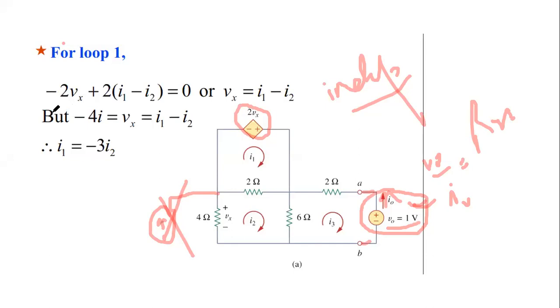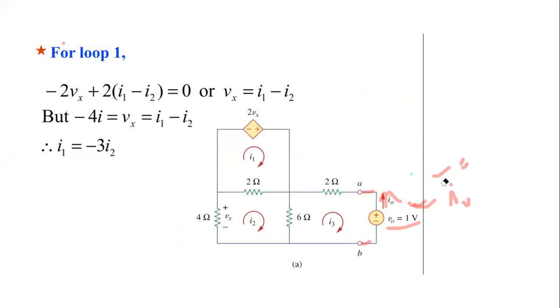Now how will this be done? Again, for this we need to apply mesh, nodal, current division, voltage division. You have to apply any method, okay, to find the current I naught. The major challenge is how to find I naught. I naught has to be found. How will I naught be found? For that we will apply mesh analysis. Mesh has to be applied, mesh analysis. Okay?